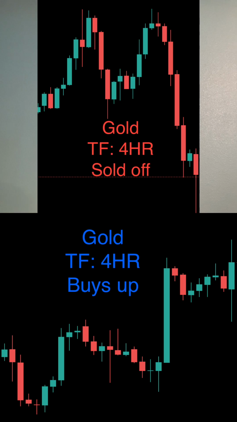See these two charts? Got them naked on purpose because I want you to use your imagination and put whatever indicators you want to put on there. I don't care what it is, trend line, value, I don't care. Now I'm going to ask one simple question. What moved the price? Why did price move?